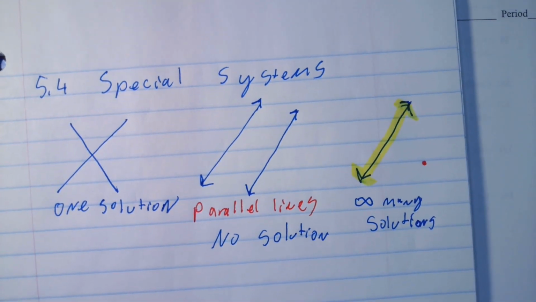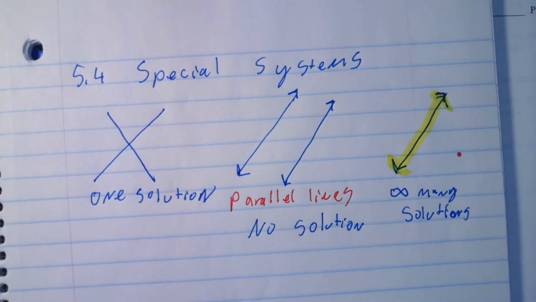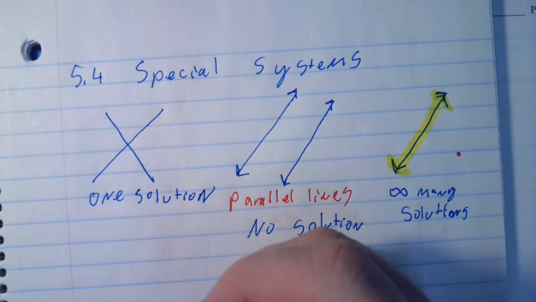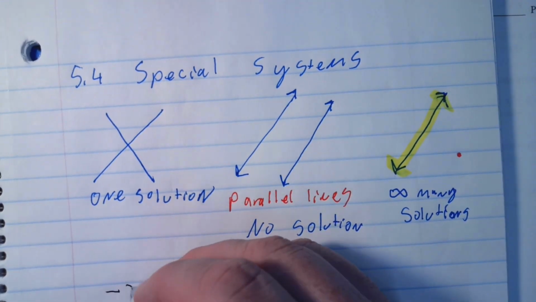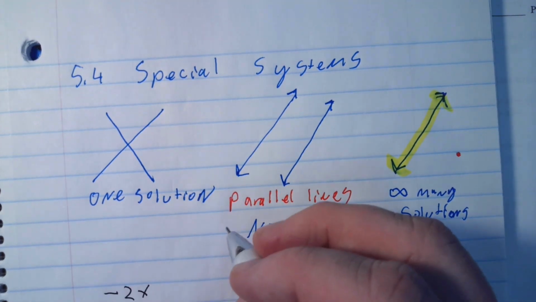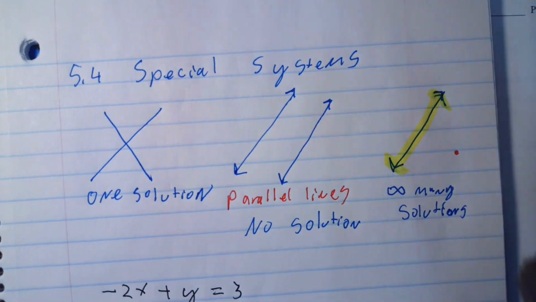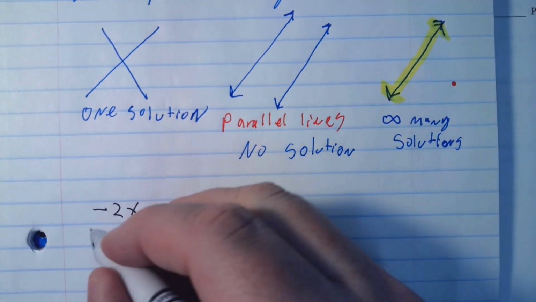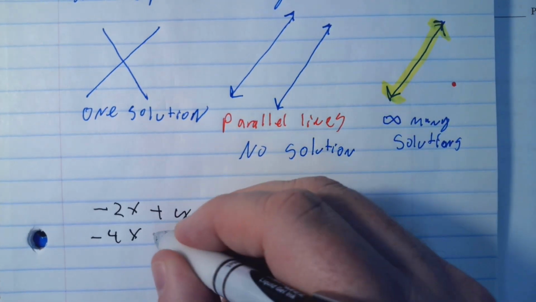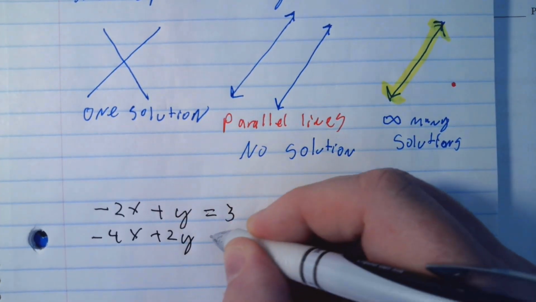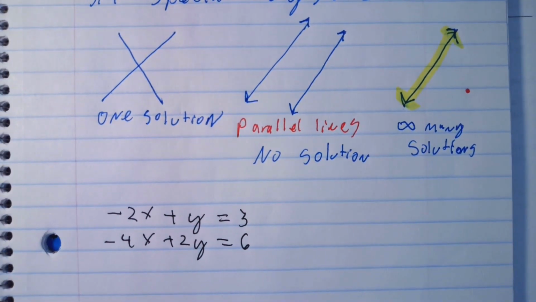Okay, so what I'm going to do here is we're going to do some problems because I don't want to graph them every time. I want to be able to look at a problem and do it that way. So I'm going to write a problem down, and I want you to solve it. You already know how to solve it because that is not going to be new. All the things that we've already done so far are how we're going to do these problems. We just have some different answers. And so I want you to solve this problem right here and see what happens.